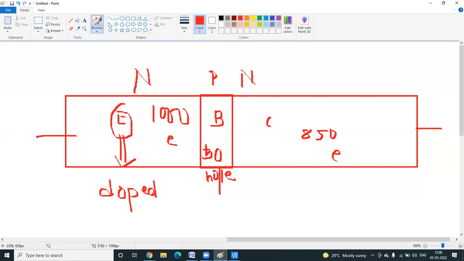Okay. Up to now, anybody having doubt? So what is the minimum condition required? The doping concentration of the electrons should be high. The collector will be moderately doped, or even lightly doped. Let's say even the collector is also lightly doped. This current will be transferred because, as you know,